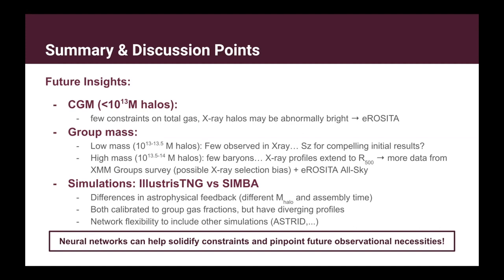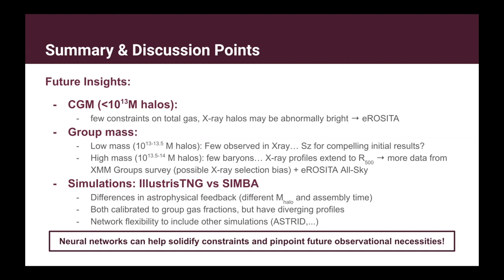The handful of X-ray halos that are observed may be abnormally bright, and so Euclid, as something that we can ground to in terms of observational results, will help constrain this,